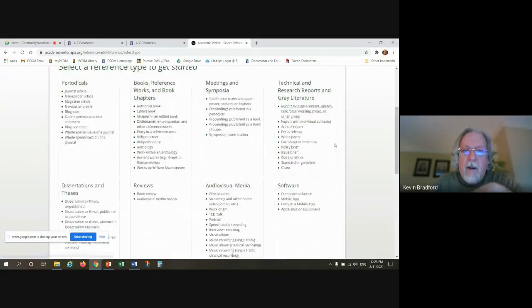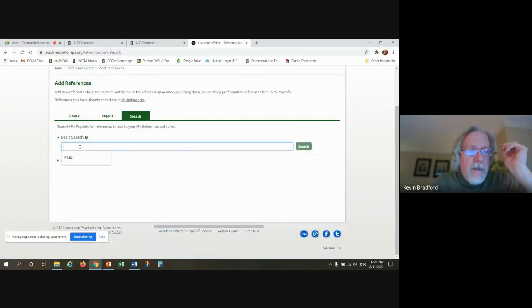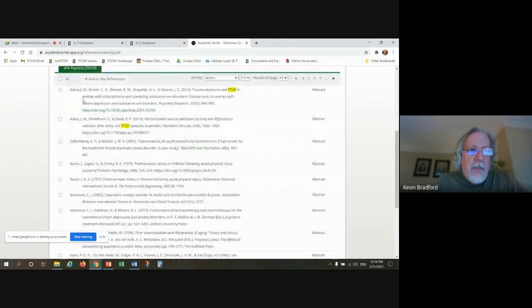So here are all of these built-in templates for you. I'm going to do a quick, basic search for PTSD, to show you how this works. Here's the APA PsycInfo database, with articles on PTSD. If I select a couple,